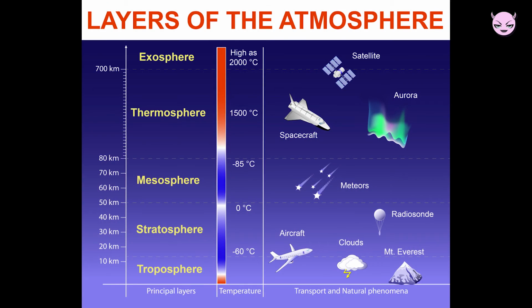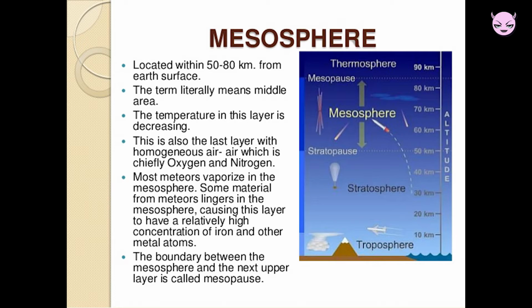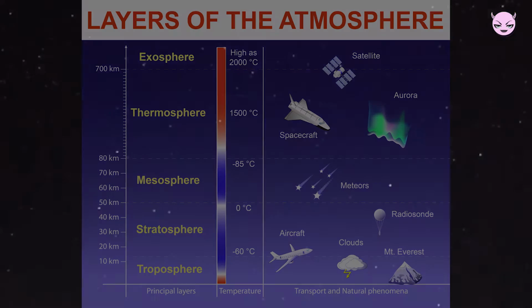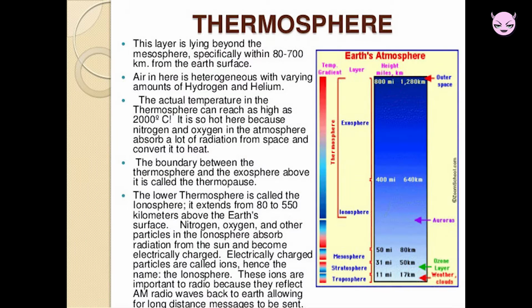Above the stratopause follows the mesosphere up to the mesopause at 80 kilometers altitude. Temperatures in the mesosphere decrease with altitude because there are only few gas molecules to absorb the sun's radiation. The mesosphere is extremely cold, especially at its top, about -90 degrees Celsius. By the way, the mesosphere is the region of the atmosphere where meteors light up. Then there is the thermosphere up to about 700 kilometers.